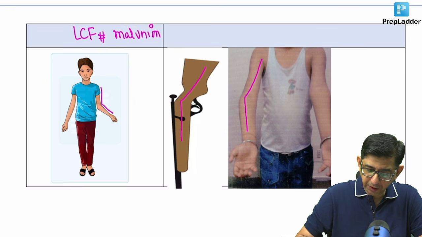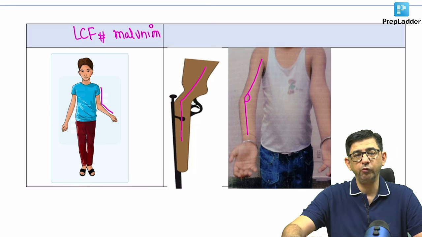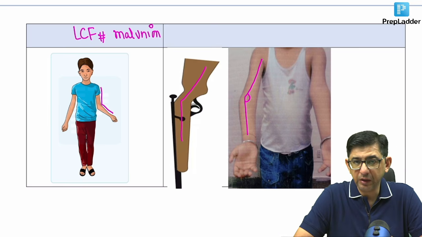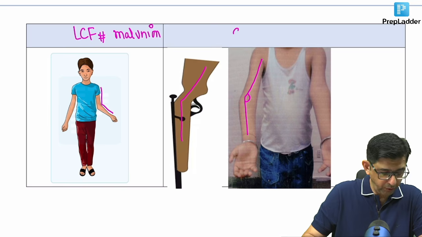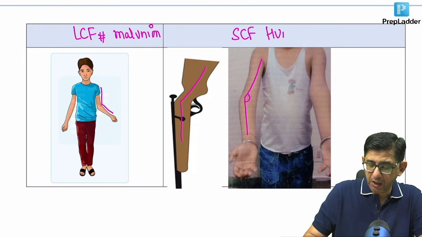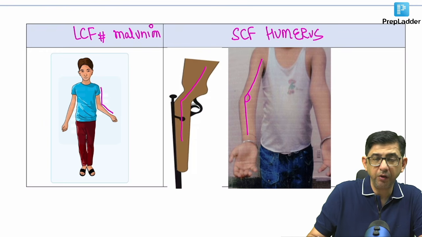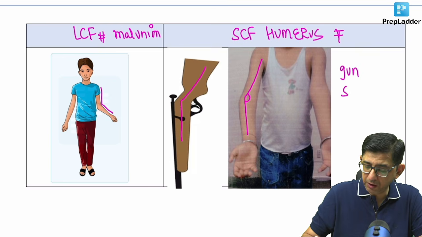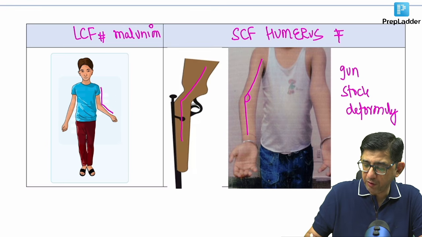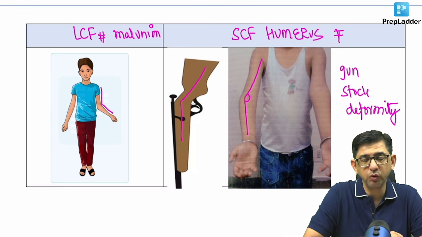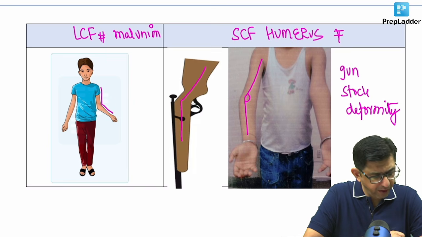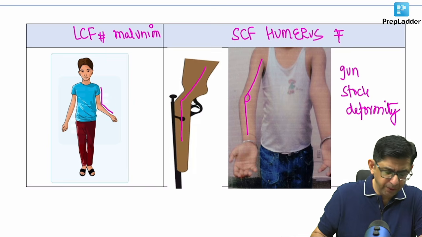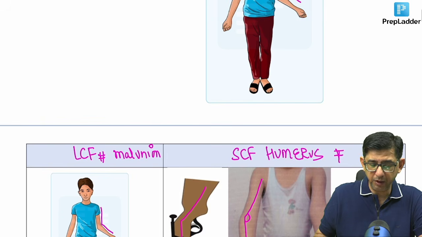In the gunstock deformity that you are noticing at the moment, the forearm is going inward. That inward deviation would be seen with a supracondylar fracture of the humerus. If a person is having an SCF, a supracondylar fracture of the humerus, then you have a deformity that goes inward, called the gunstock deformity. But in this patient, because the deformity can be seen as that of valgus, our answer would be tardy ulnar palsy. This is a common mistake that happens. So yep, I think there were a couple of mistakes initially, then people corrected themselves.